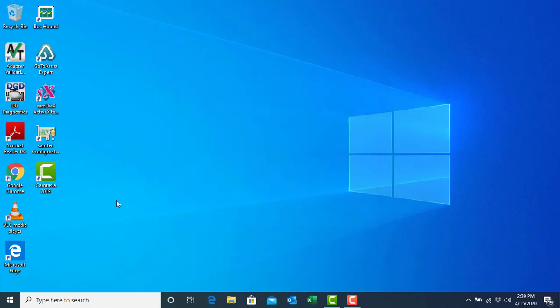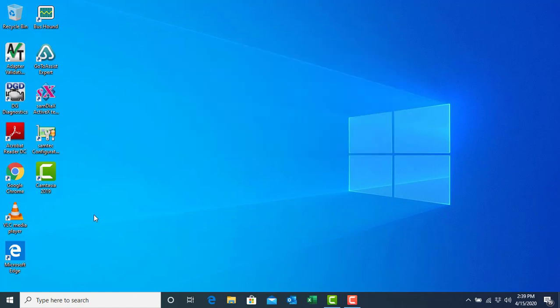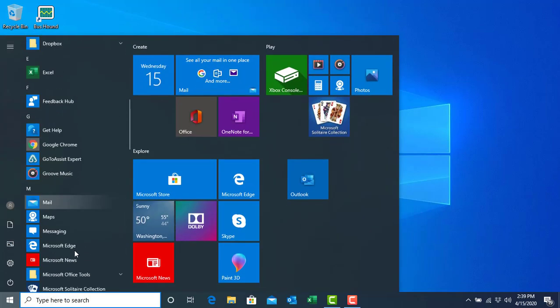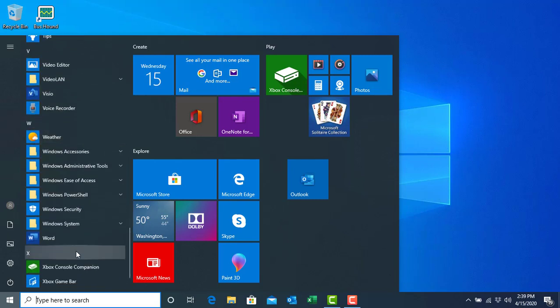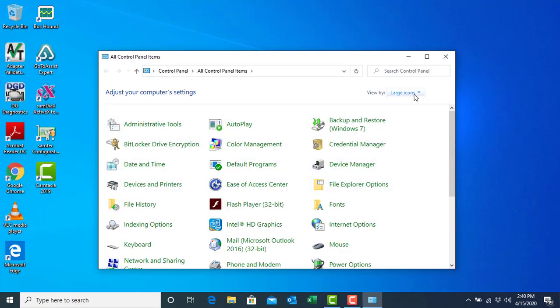Now next you want to plug in your DPA 5 to your vehicle diagnostic port so that it gets power. And then last you want to connect it to your OBD2 port. And then from there we want to go into some Windows utilities, and we're going to look and see if the Windows system recognizes this device. We're going to go to Control Panel here within Windows System, and I'm going to look for the Device Manager. Now if you have category or small icons, you want to click on large icons. There it is, Device Manager. So you click on Device Manager,